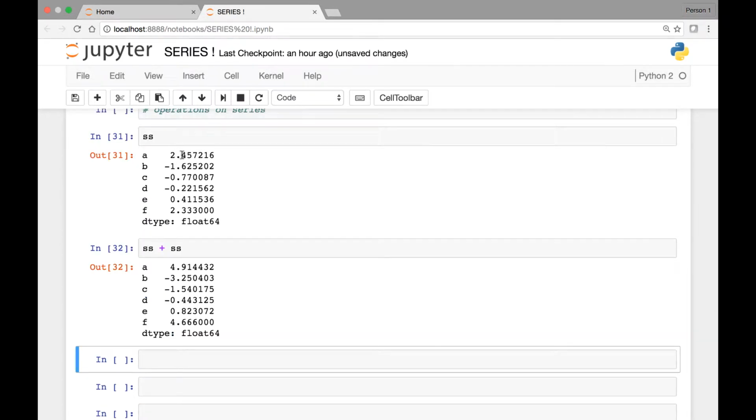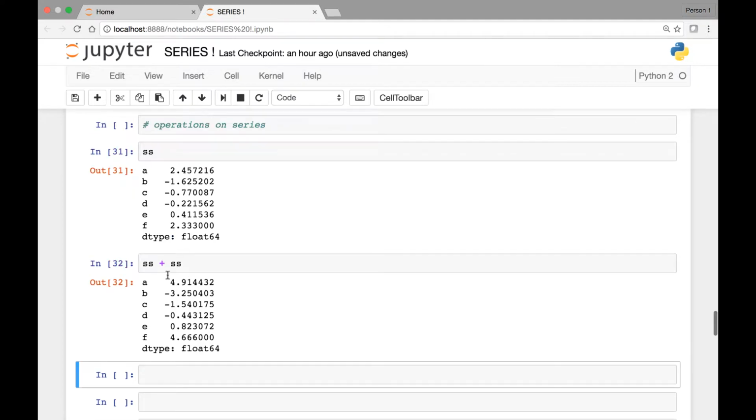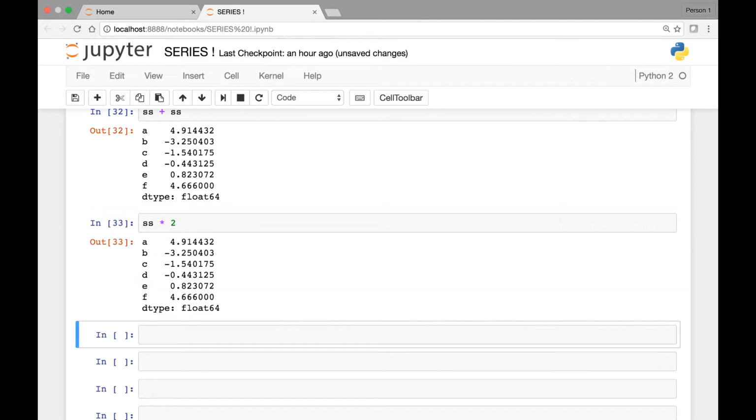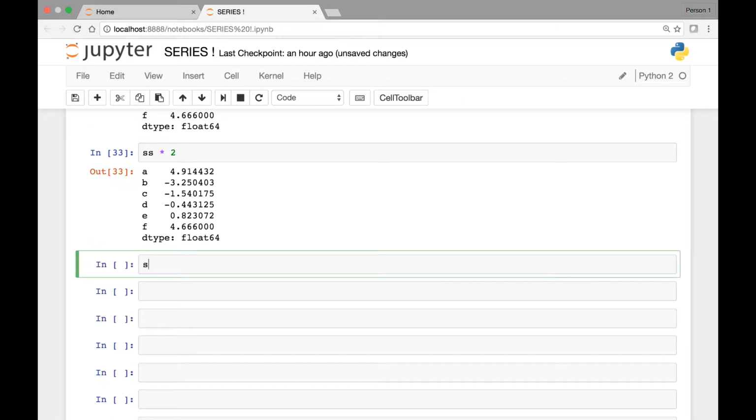So basically, for index A, 2.45 plus 2.45 will give us this result, and then it will do the same for each of these values at those indexes. So when I say SS plus SS, it will take index A and then add the value to index A, and so on. Similarly, I can say SS times 2, and we get the same result basically. Or SS times 3,